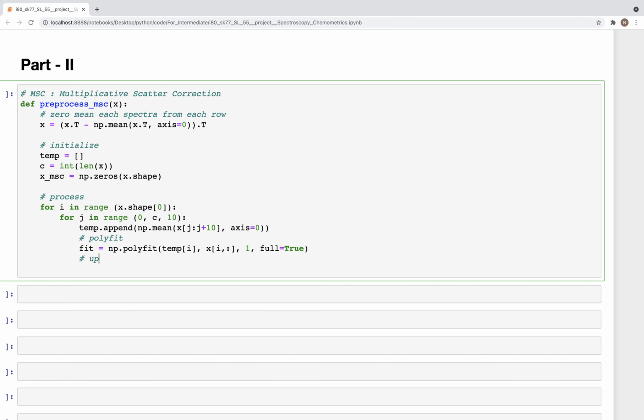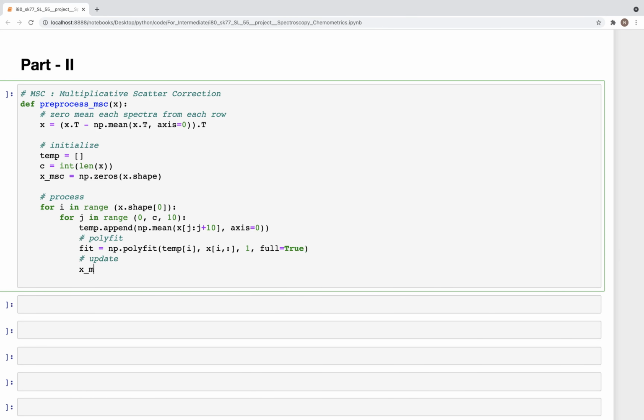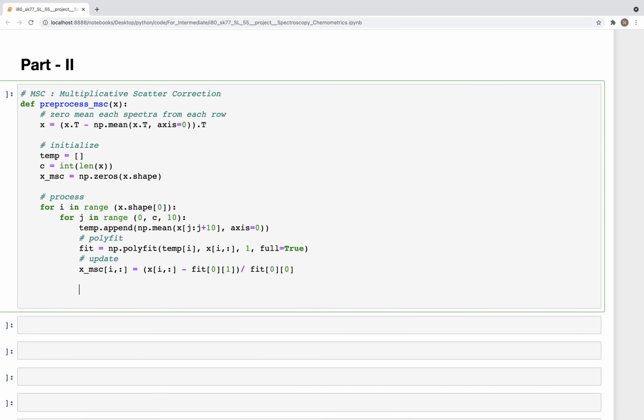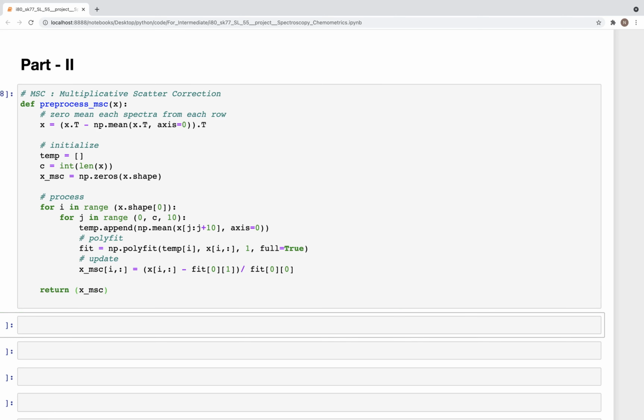and then update. So we update the MSC here, update that row with x i colon minus fit 0 and 1 divided by fit 0 0, and then we have return x underscore MSC. And so that's the first function. The next one is